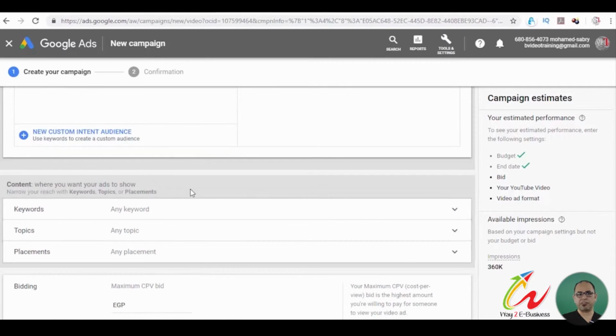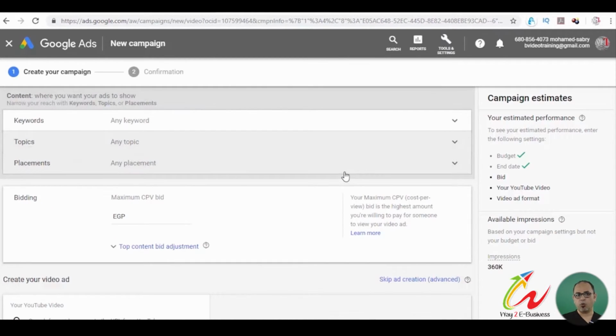The next part is related to bidding. What is bidding? It means how much do you want to pay for one video view? Generally, when we pay with dollar currency, in most situations, the fee does not exceed 10 cents per view. So we can start with 10 cents or 1.75 Egyptian piasters, then 1.5, then 1.25 and so on, but this